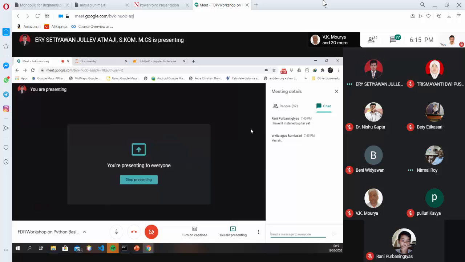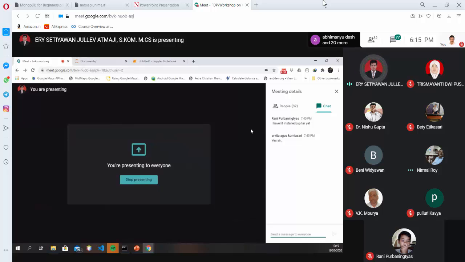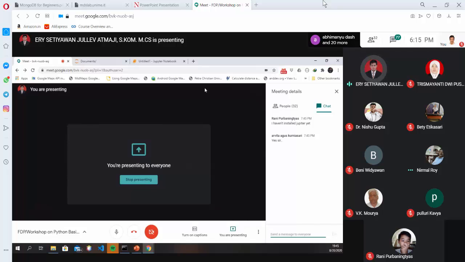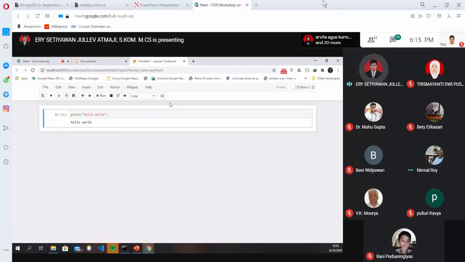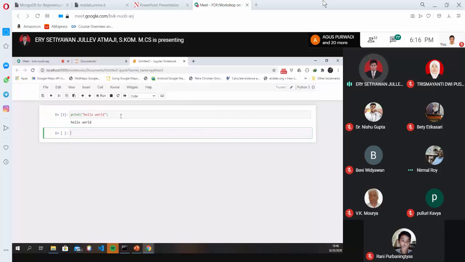For example, I print hello world and then another line here, for example A is 1 and B is 2 and C is A plus B. I execute it and print right here.